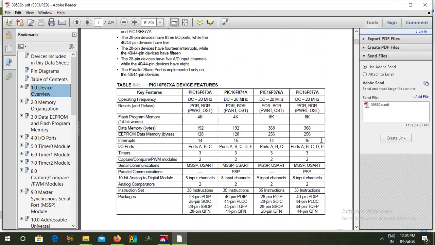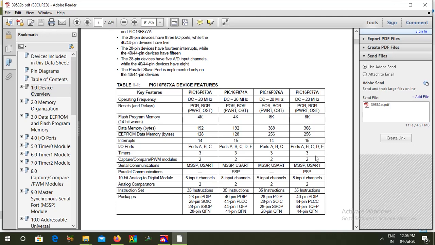So here, the operating frequency of this particular controller is 20 MHz, its flash program memory is 8K, data memory is 368 bytes, EEPROM is 256, and it supports 15 interrupts. We have 5 I/O ports, each consisting of 8 bits.